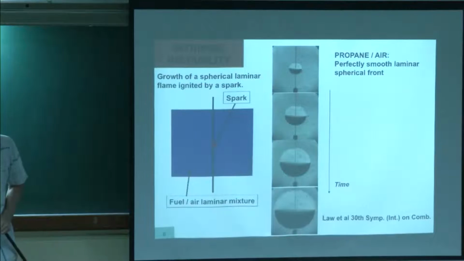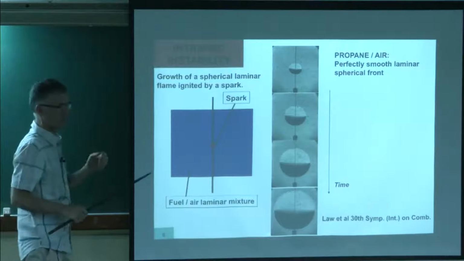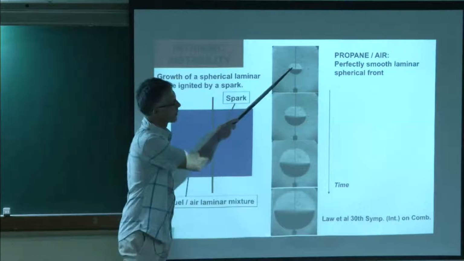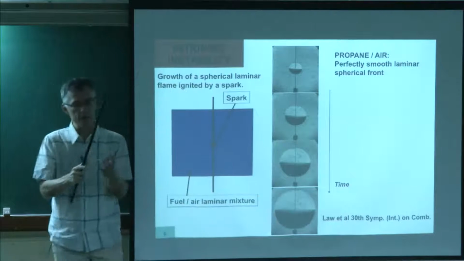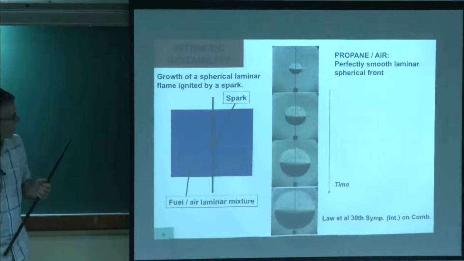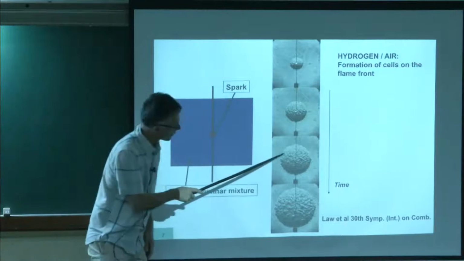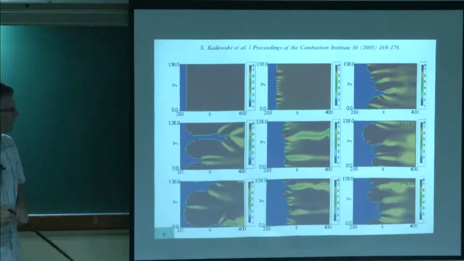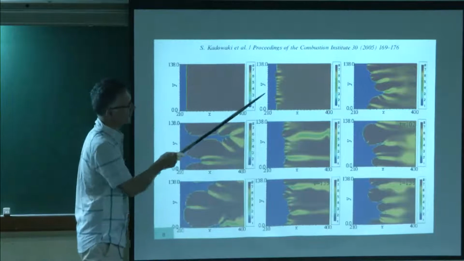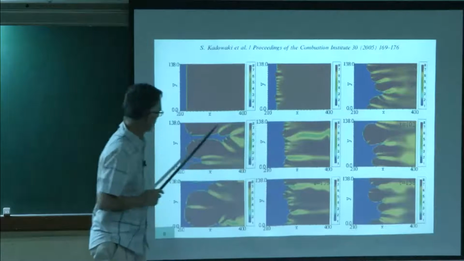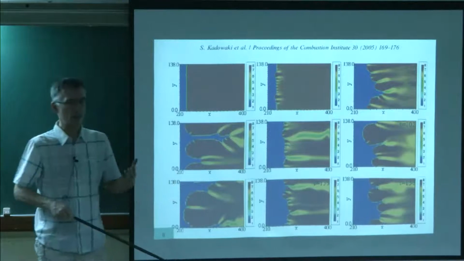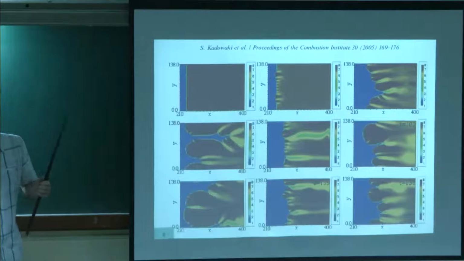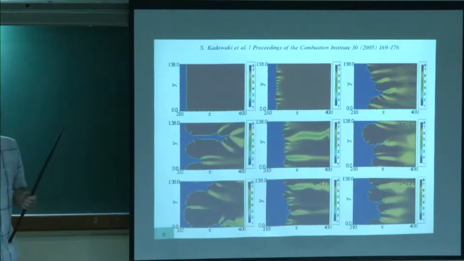So just a few examples of that. Intrinsic instability, this is the spherical flame. Now we've talked a lot about it. You know that in a spherical flame ignited by a spark, you should have a perfect sphere, and that in certain cases, not always, you start developing cells. This is one type of instability. And these cells can appear also on a plane flame front, like here. You see this flame front starting to develop cells. That's another type of instability, but it's taking place at a small scale, a few thicknesses of the flame.